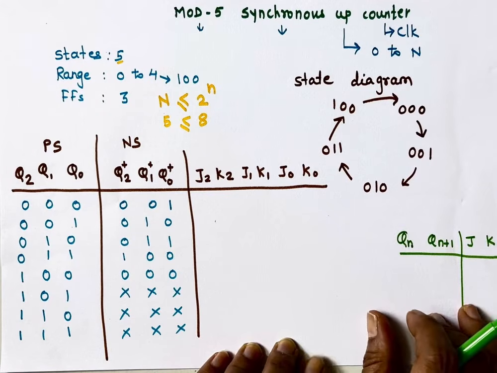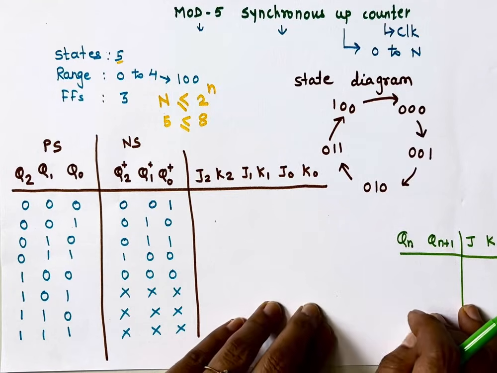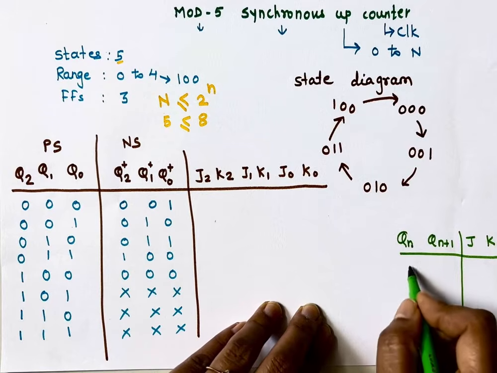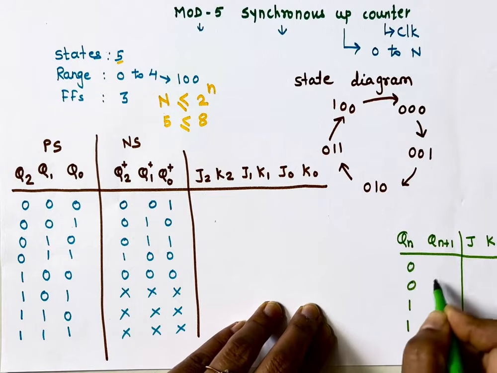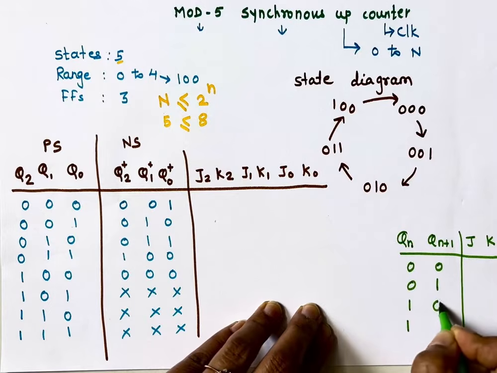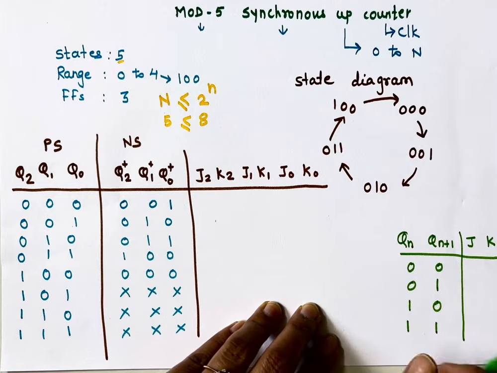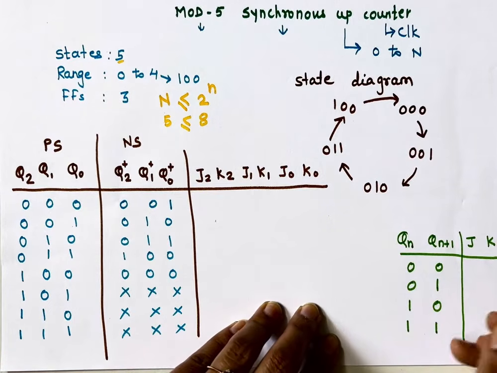It is very simple and very important to remember the excitation table. It tells us, if I know my present output and what I want after this output, which inputs I should apply. So the excitation table for JK flip-flop is